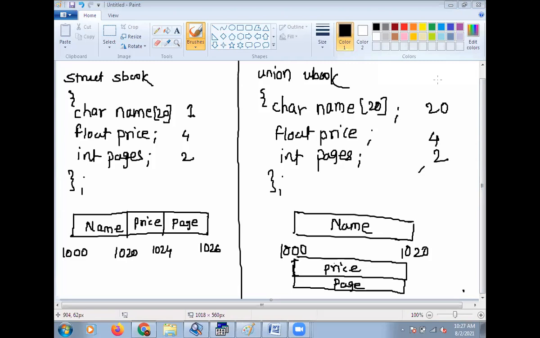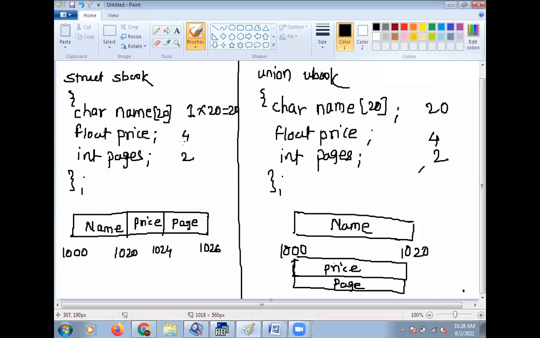See both the structure format and union format. In structure format, character requires 1 byte, but here the array size is 20, so we take 20 bytes for character.